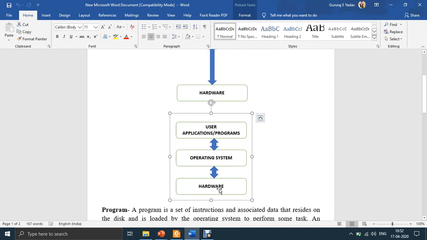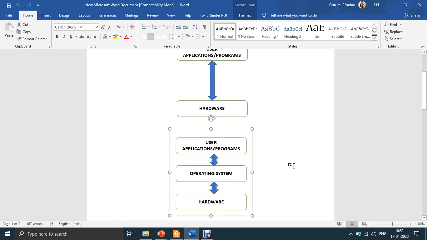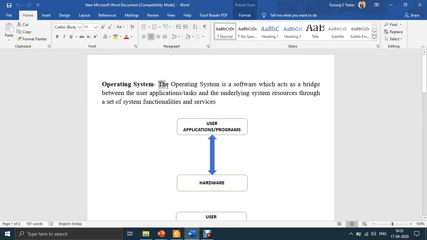If the camera is not free at that particular time, the OS will tell the user application that the camera is being utilized by someone else, so you have to wait. Because multitasking is there, more than one task is running simultaneously and present in the memory, so the camera may be under use by some other application. Whenever that application lets go of the camera, only then can the next application or program use it. The operating system will take care of that. So that is what an OS is. As I told, this is a basic definition.